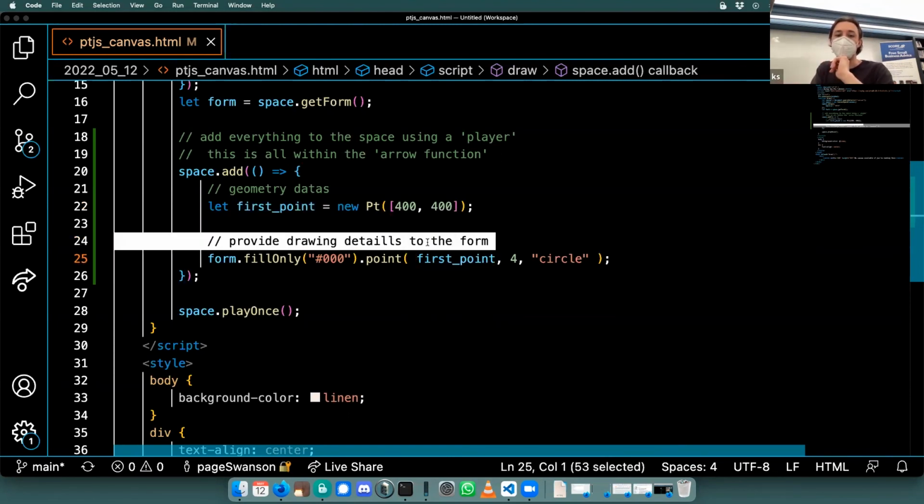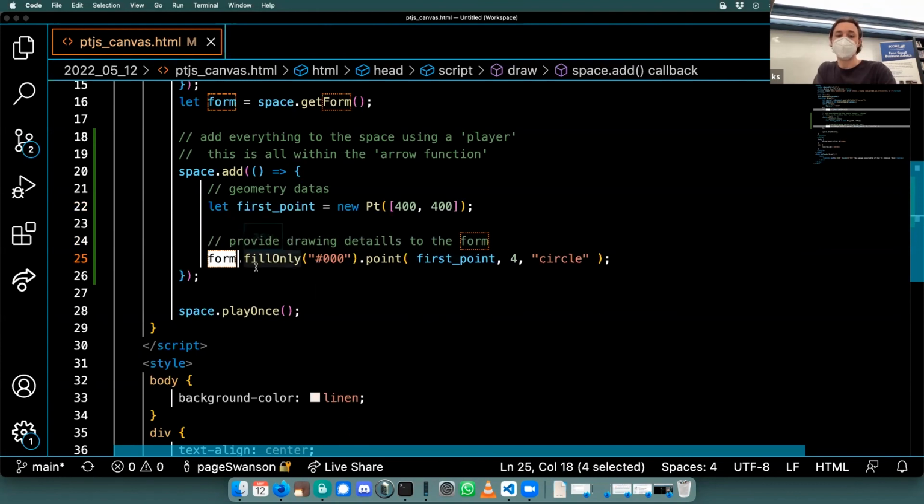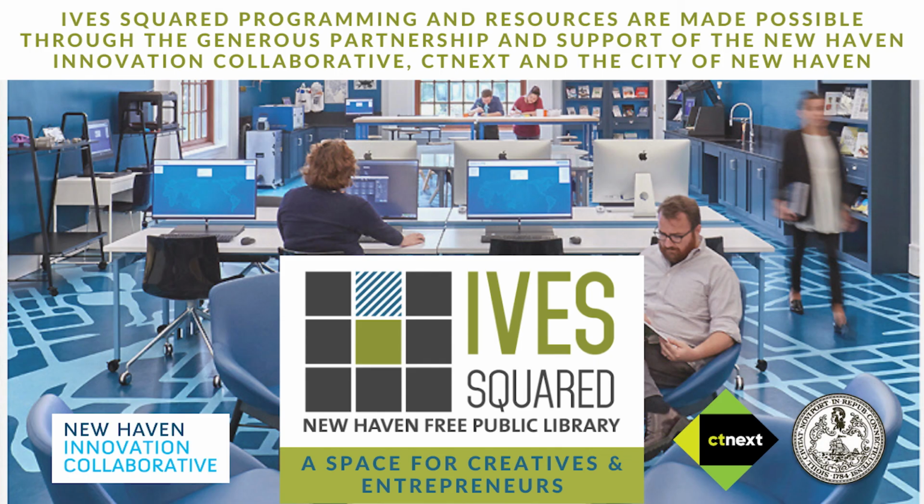do is I want to give the details of how to draw the point in space to this form. So all of this is from the library. I don't like know it personally. I had to like look all this stuff up as I went along. So that's totally fine if it seems very arbitrary, because it is. It's totally arbitrary. It's just the person that made the library decided that this like looked nice and they liked the way that it worked. So